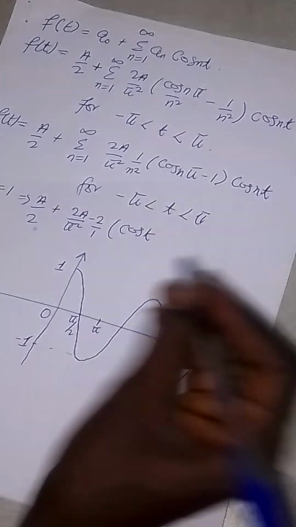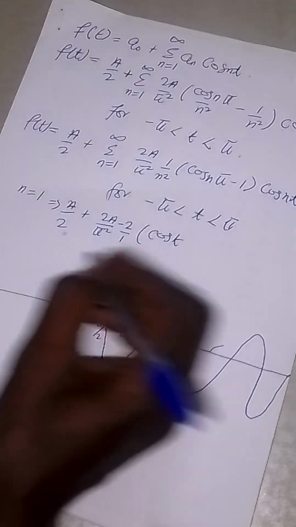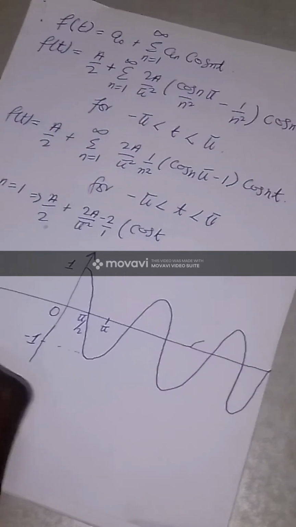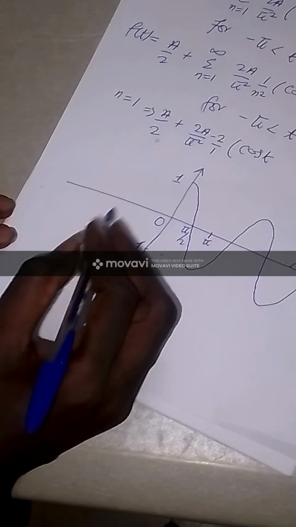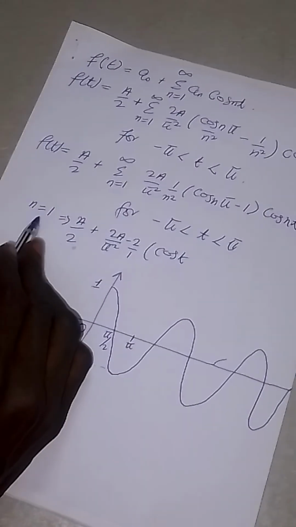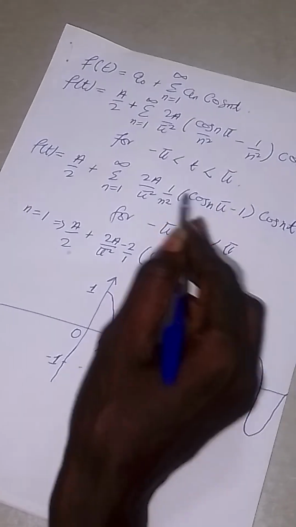Cos t. Okay, because it's what? 1. Okay. All right. So now I can further simplify this one as... before I simplify that one further, let me go on to other values of n. So now let's say n is what? 2. If n is 2, that means that